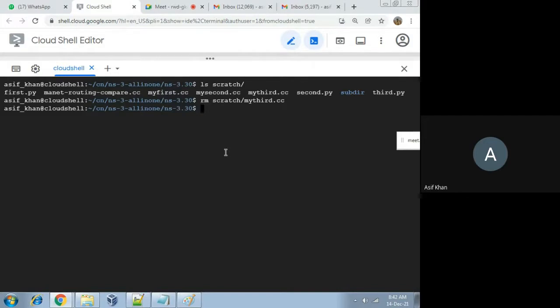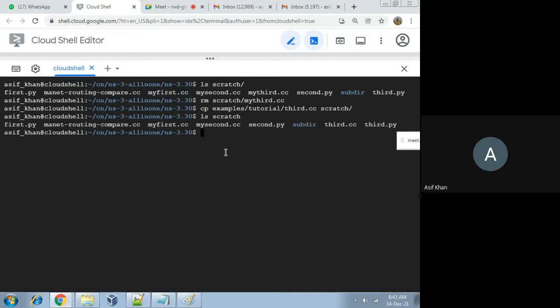Okay, so cp examples slash tutorial slash third.cc, where I will copy it to scratch. Let's see, third.cc is copied.